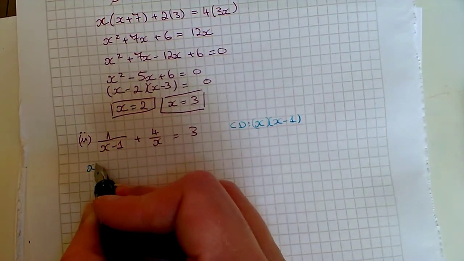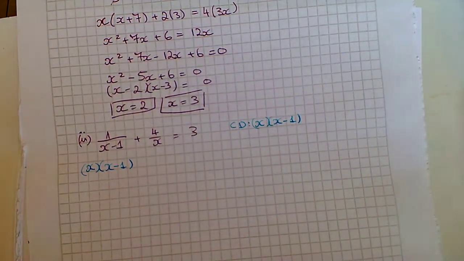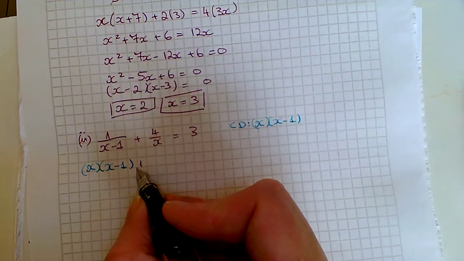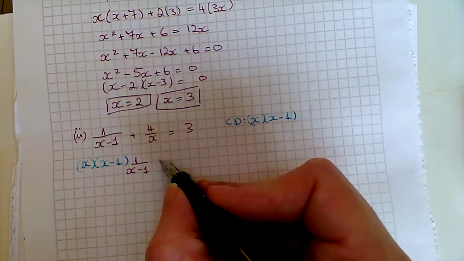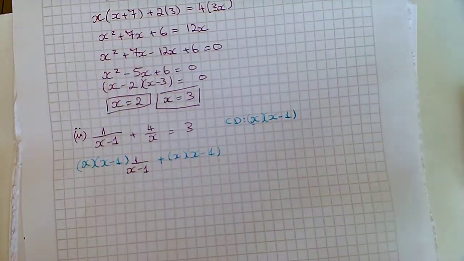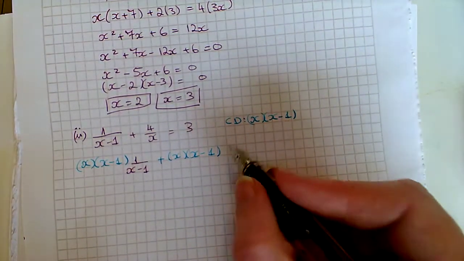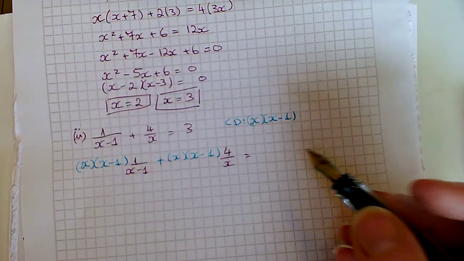So I'll have x by x minus 1 times 1 over x minus 1 plus x by x minus 1. I'm writing it out again because I couldn't quite fit it next to it. 4 over x equals x by x minus 1